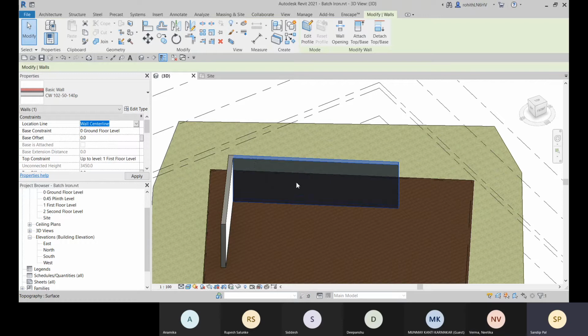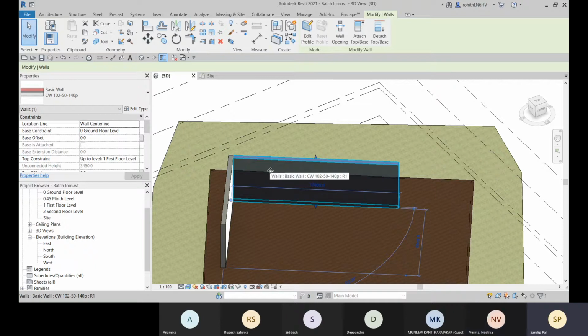It can be different. All right. So basically, you're saying that in a project, if I have to change a certain model element, if this wall I give a type parameter, and if I change something in a type parameter, it will change everywhere wherever this is located in the project. But if I have to change a single wall, I have to go to this properties palette and change it instantly from outside. Is it something like that? Yes. For this wall only, if you need to change any parameters for this one only, then you have to change instance parameters.